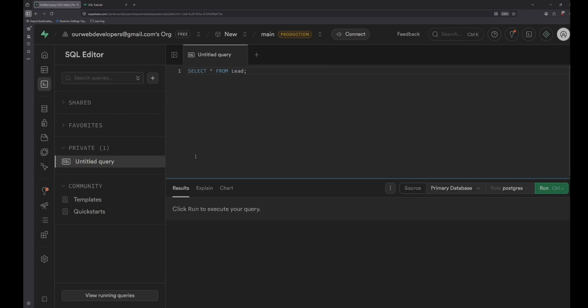For example, if I have many queries here, I have only one query, right? So suppose I have select star from lead, select star from test, there is a table called test also, right? If I want to execute one query only, I have to select it and then press Control Enter or run selected. Otherwise, if I simply click run, all the queries in the query editor will be executed. We need to make sure that you understand this. Because by mistake, if you give more queries and you just click run, all the queries will be executed. We should be very careful here